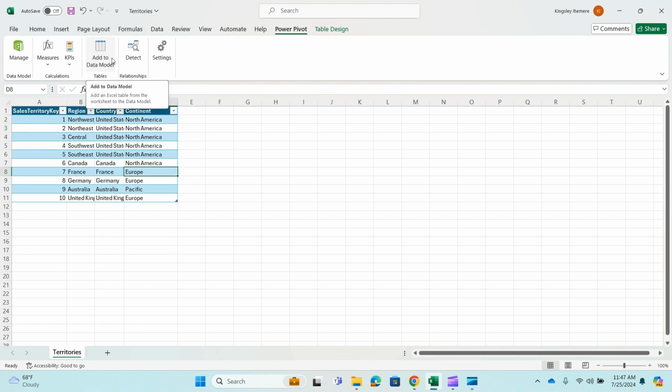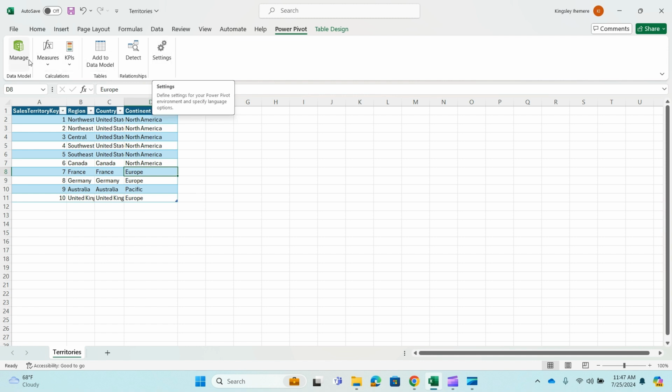the next thing we have here is add to data model. Now, this add to data model is all about when you have your table or your sheet, just like I am on the territory sheet here, or territory table, I could easily click here and add it to my data model, which we'll actually do later in this video. So the other ones, the date and settings, we don't really need them for this. So that's it, and that's how simple